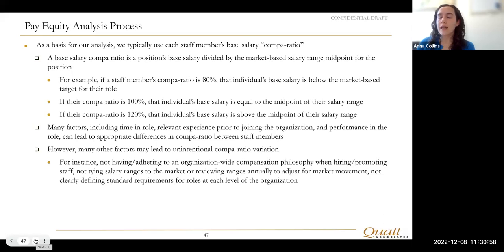But there are other things that shouldn't really impact pay that sometimes do. So maybe the organization doesn't have a compensation philosophy. So when people are promoted or hired, pay is done on an ad hoc basis. A lot of times, if you don't know what the market is paying, it's really hard to align what you're paying with the market. You might not have standard definitions of what makes someone a manager versus a director. And again, then those decisions are going to be made on an individual by individual basis, which is not something that's going to lead to really equitable pay practices across an organization, especially if it's a large organization with a lot of people in the same roles. So on the next slide,